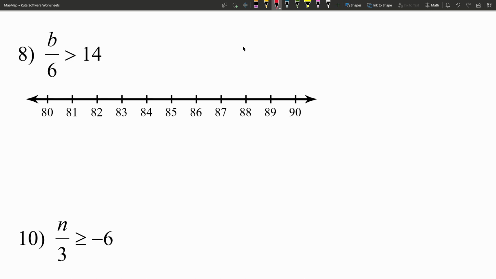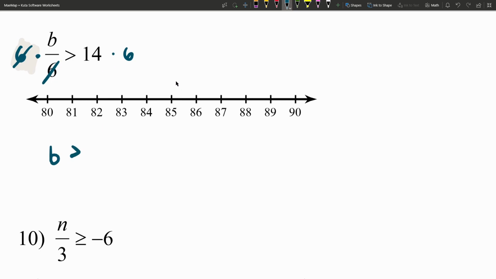For number 8, we have b divided by 6 is greater than 14. So if we're dividing by 6, we need to multiply by 6 in order to get that identity of 1. Whatever we do to the left-hand side, we do to the right-hand side. So again, 6 divided by 6 is 1, which leaves us with b, and that's going to be greater than